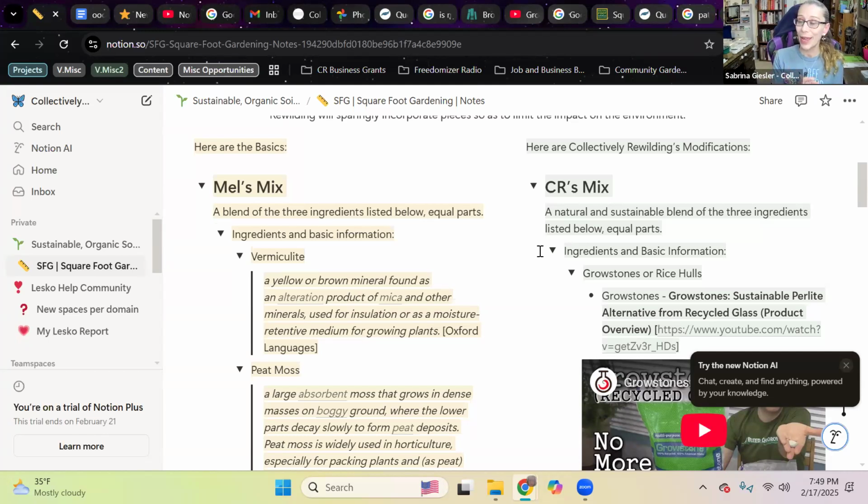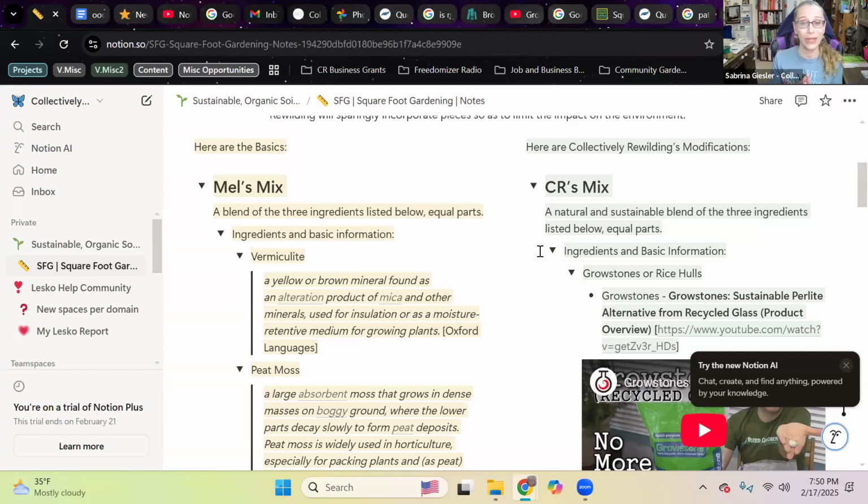I've heard other information recently, but we're going to wait a little while and see if they are able to grow the types of lemon and avocado trees that they had in California here in Utah. They had been told they can grow this certain type. I don't have enough information for you going forward. Hopefully that will be someone that actually joins our membership here in Collectively Rewilding, and they can talk to you about their own experience as they try growing lemon trees and avocado trees outdoors here in Utah.